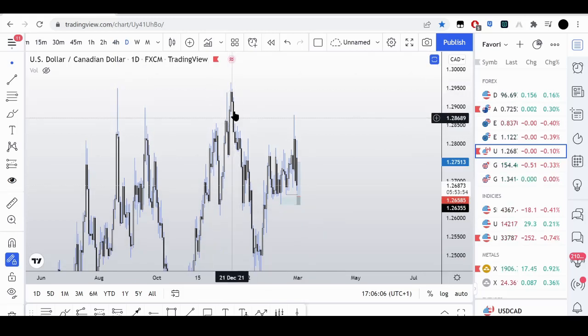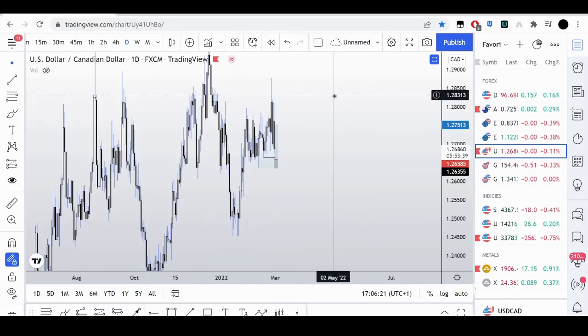But you can see how we came from this fair value gap right here, and we had a displacement down after we took out sell side liquidity at those highs right there. So where I just went in right there, there's a fair value gap, there's a displacement right there. You can see the displacement.